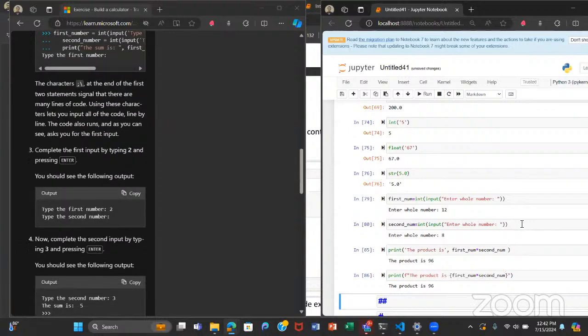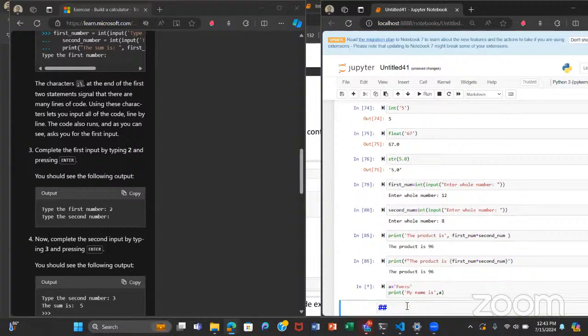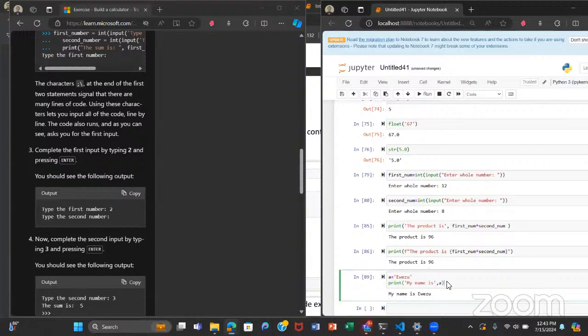Mind you, our variable could also be text. A variable could also be text. It doesn't have to be a number. If we didn't put this, there would have been an error. So you can see that the flow is to use F strings as well.